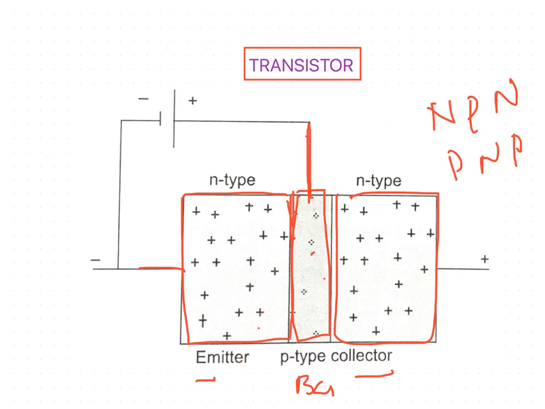Once the electrons enter this P type, when a sufficient amount of electrons are present, then the N type on the collector side, which is connected to the positive charge, draws these electrons